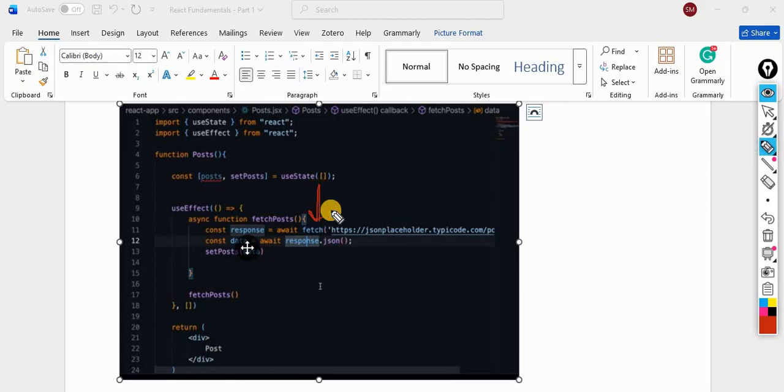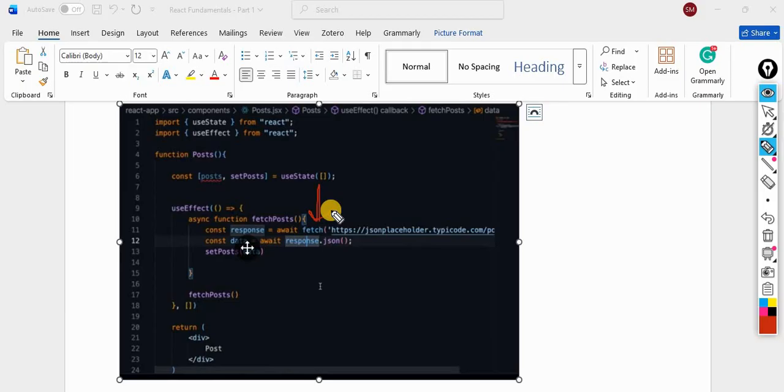Fetch is not part of React, so we are not importing it. It is a browser-provided web API. The browser provides you this fetch method. Is this clear to you? What is fetch?